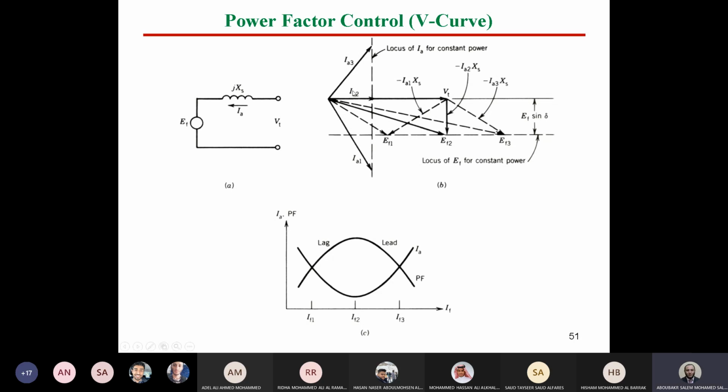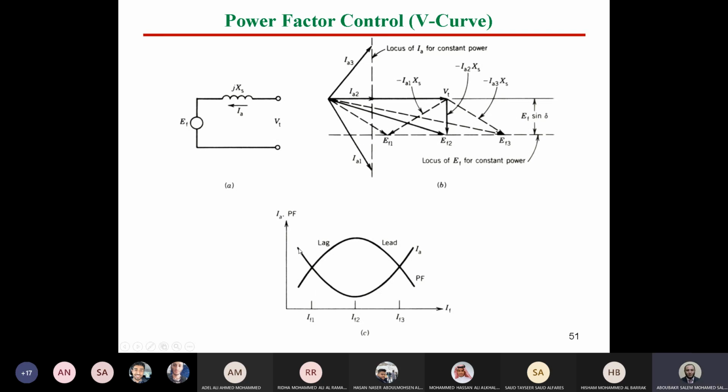Okay guys? There is an experiment, inshallah, we will discuss next week. It's regarding the relation between armature current and field current. This relation is called the V curve. Why is it V? Can you see here, guys? Assuming we operate the machine at a certain loading condition where the power is constant. So if we start with a small value of field current at IF1, we will have a high value